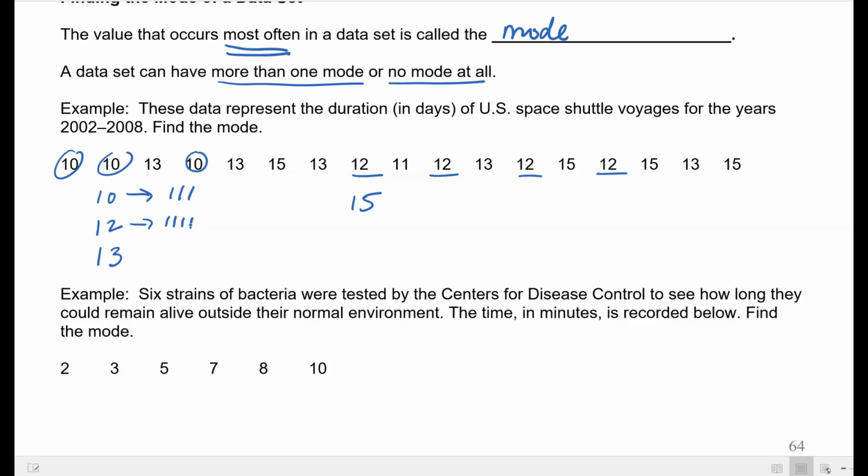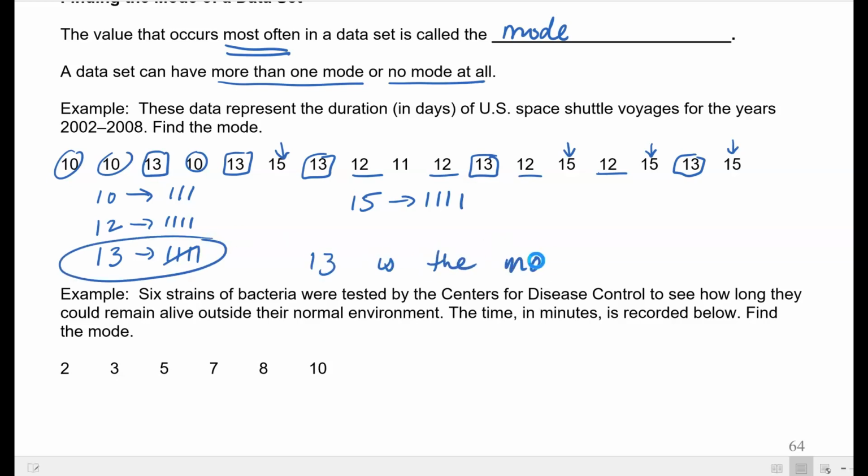It's looking like 13 repeats 1, 2, 3, 4, 5, and then it looks like 15 repeats 1, 2, 3, and 4 times. Okay, so it looks like 13 is going to be our mode